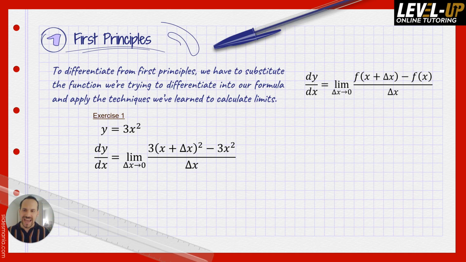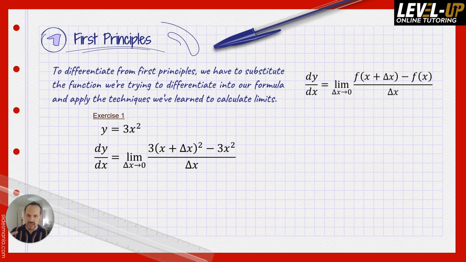For a general point x and another point slightly ahead of it, x plus delta x. So yeah, I hope that makes sense why that would be. Now it just becomes a matter of solving this limit. So if you put in delta x equals 0 into this, you notice you're going to get essentially 0 over 0. And we learned in the previous lesson, when you get something like that,